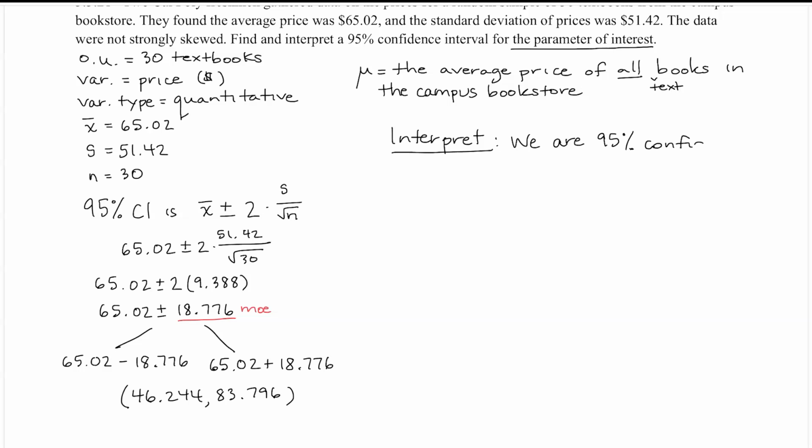Now we should interpret the interval in the sentence pattern. Hopefully you're already starting to get used to it. We are blank percent confident, and I'm filling in the blank with 95% because that was the confidence level we were given in this case. And now here's where having figured out the description of the parameter comes in handy, because that's what we want to put in next. The average price of all textbooks in the campus bookstore